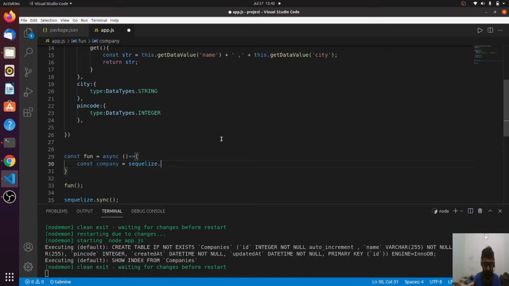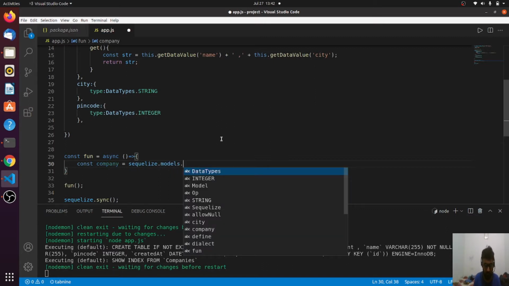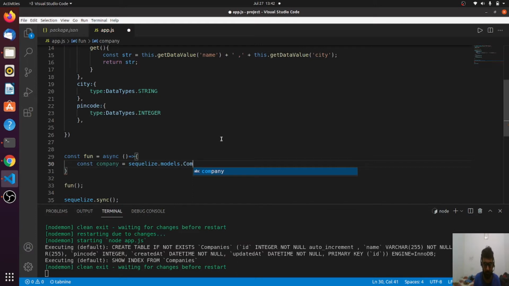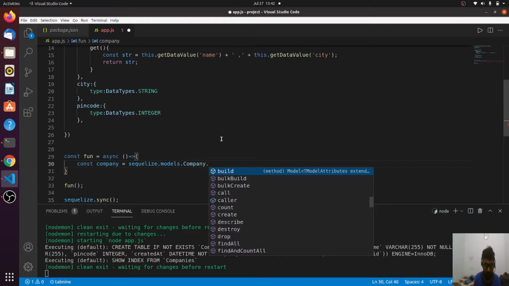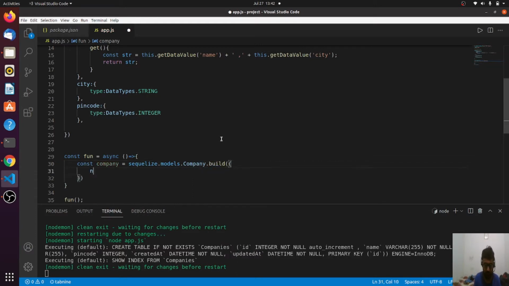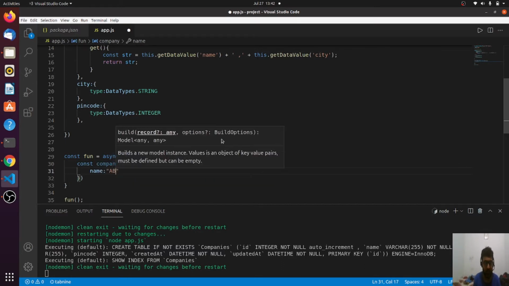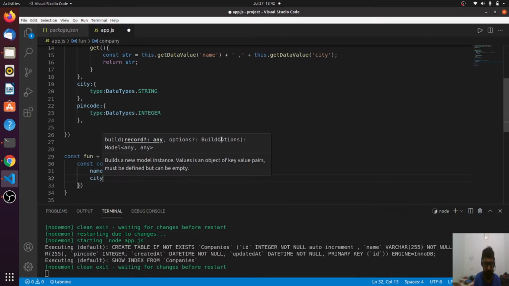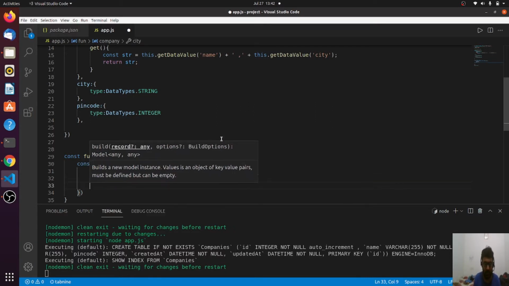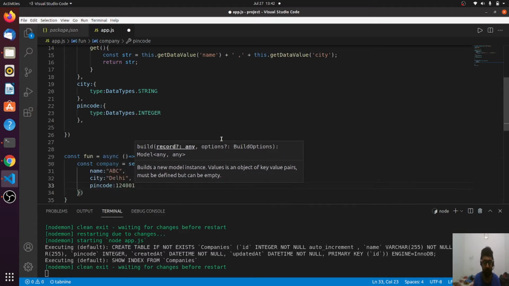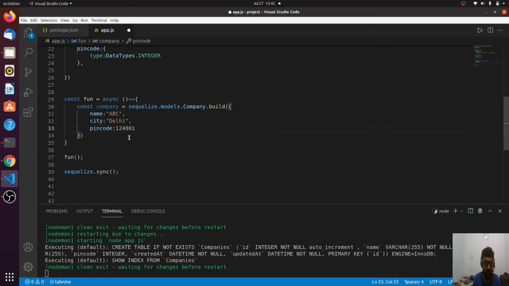Let me do this: sequelize.models.company.build. The name of the company is ABC, the city is Delhi, and the pin code is 124001.